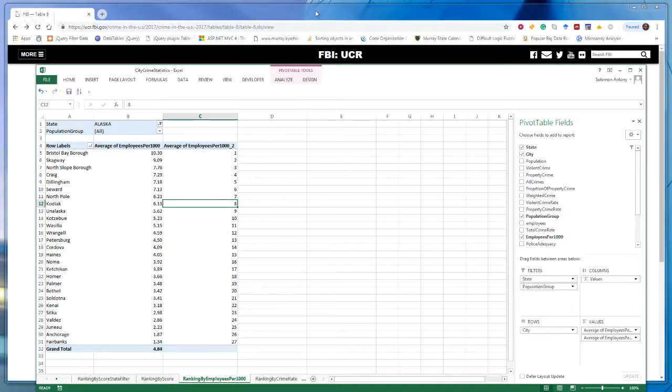Now we have something similar that uses not city crime data, but crime data as reported by college campuses.